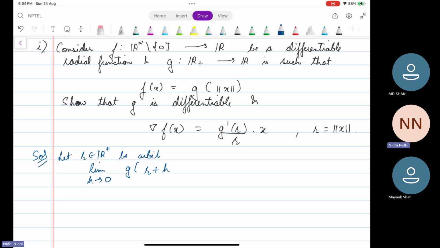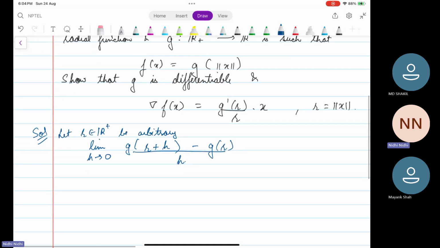So we are checking its differentiability at point r. Then limit h tending to 0, (g(r plus h) minus g(r)) by h. This can be written as